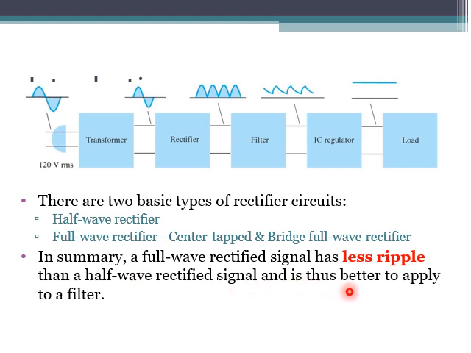So it is better to apply it to a filter. So you have three types: half wave, full wave, and bridge full wave rectifier. Bridge full wave rectifier and full wave rectifier have the same efficiency and everything. Half wave rectifier efficiency is very low since it has more ripple. Ripple means, kindly note down, the AC component present in the pulsating DC. Clear? Okay, so a full wave rectifier is better to apply to the filter.